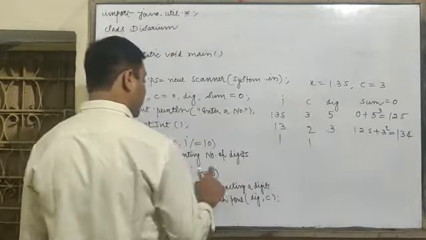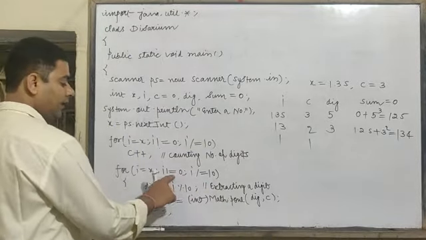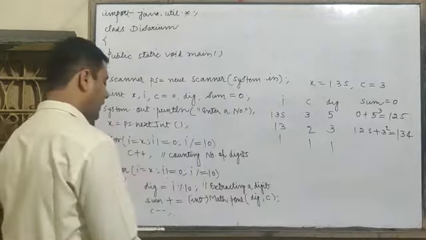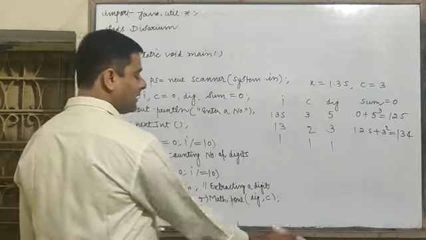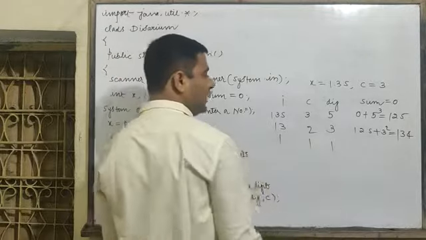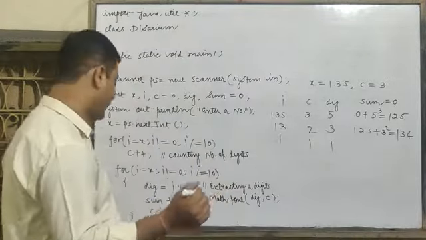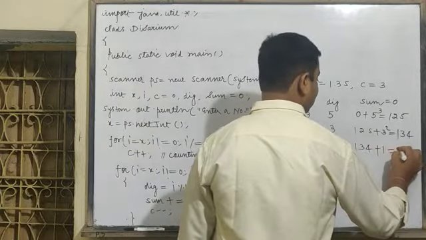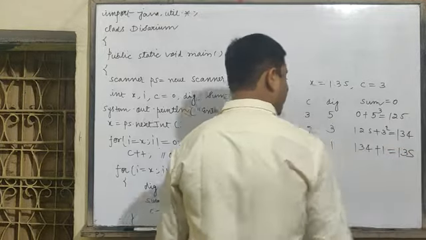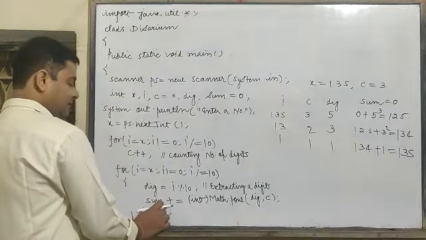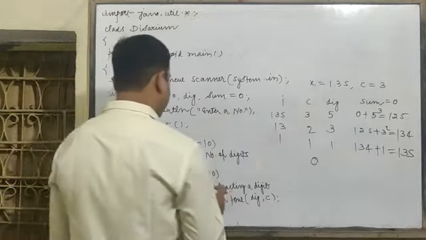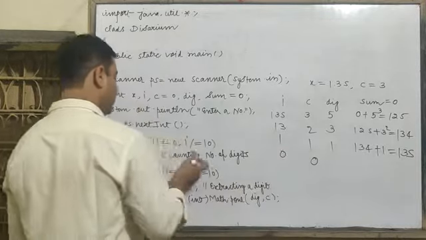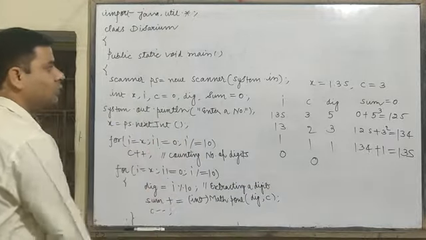Then we jump on update part. 13 upon 10, 1. 1 is not equal to 0, no. It will come inside. 1 modulus 10, 1 as I told you earlier. So Math.pow digit comma c. So digit is also 1, c is also 1. 1 raised to the power 1 will be calculated and it will be added in sum. So 134 plus 1 raised to the power 1. Resultant value will be stored in sum, that is 135. Again it will jump on c minus minus, value of c will be 0. Again to jump on I upon 10. Value of I was 1. 1 upon 10, 0. Condition will be false. So it will come out from the loop.